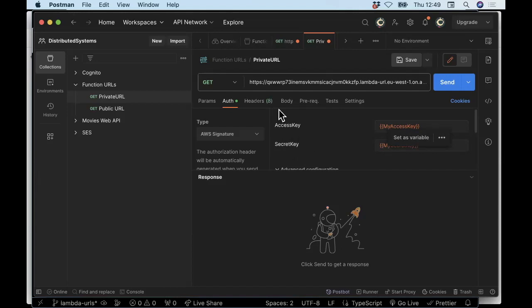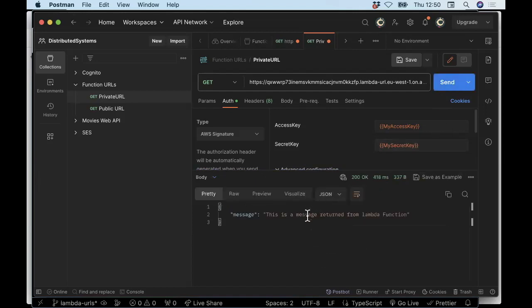So I have my URL, I have my access keys. I'm using this form of authentication. And as I said, when I click send here, Postman will take care of generating the appropriate HTTP headers. And it also, I think, generates a query string, an encrypted query string. And those are expected by the AWS Lambda service at the other end. It unpacks the request, checks the authentication, and either allows the Lambda function to be invoked or not. So if we press send,